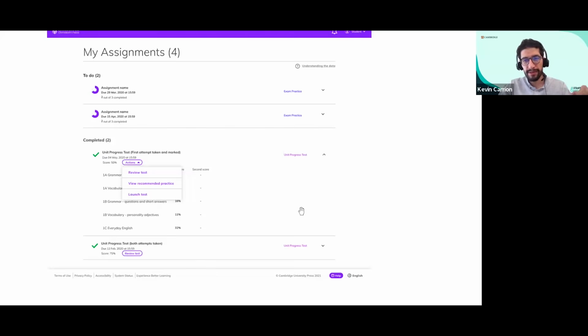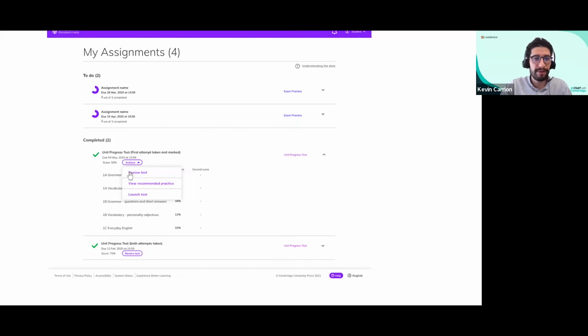Both ways, printed or digital versions. The benefit of using the digital version is that you can have complete reports on the performance of your group, of your students.